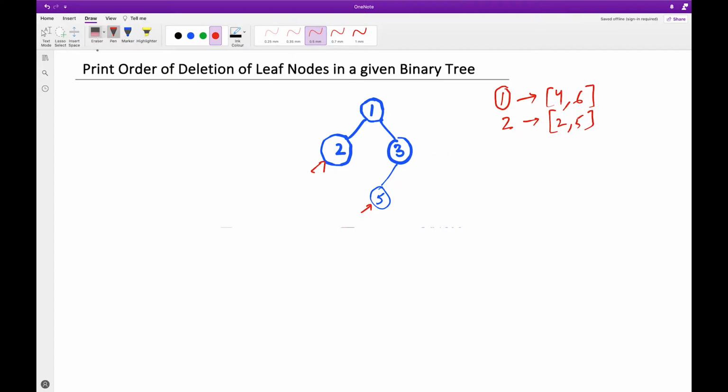After the second iteration, this is the leaf node now. So in the third iteration I have only 3, and when this is also gone, the only remaining leaf node in the fourth iteration is 1.